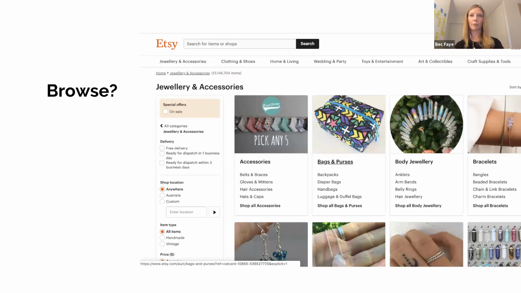Do the people want to browse, and is that going to work, again, according to how much supply you have available? And this comes down to making sure that you don't go too wide too quickly with your marketplace. By that I mean you don't want to have too many categories if you're just starting out. You want to try and start in a niche, essentially, or a vertical, and really focus on getting the supply built up in that side before you expand out. And the same thing works location-wise as well.